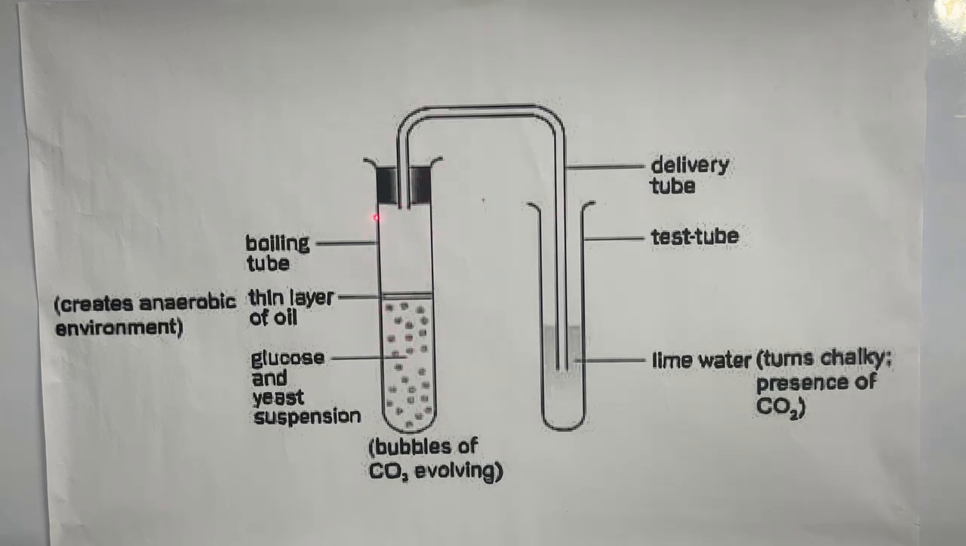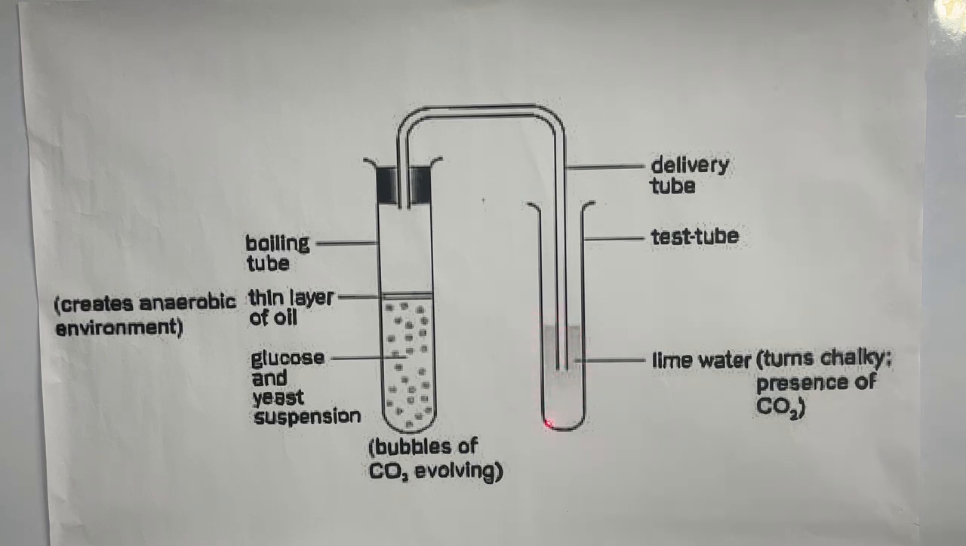So in this test tube, only carbon dioxide is forming from the glucose. This carbon dioxide will come out through the delivery tube like this. And what is the evidence that the gas so evolved is carbon dioxide? And how do we confirm that carbon dioxide has come? In this second test tube